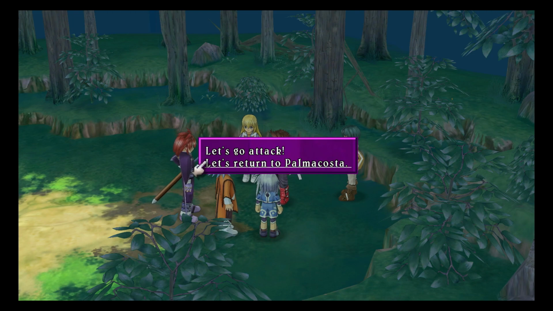But if you don't care about that, I want to pick "Let's Return to Palma Costa" anyways, because I think that would give me affection with Kratos. Let me see right here. Yeah, so "Let's go attack" will raise Colette, it will raise Genis, but it will lower Raine and Kratos and raise a character we don't have yet. "Let's return to Palma Costa"